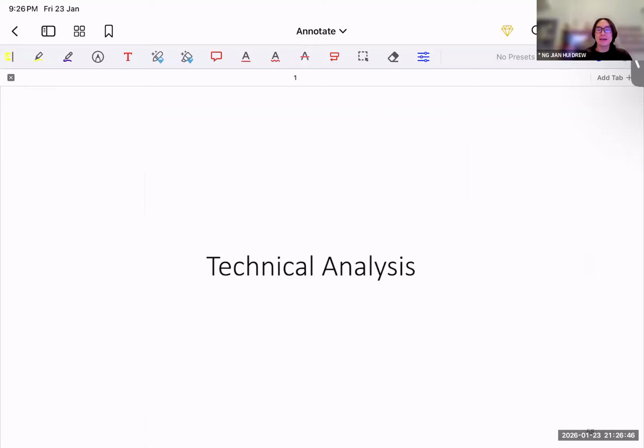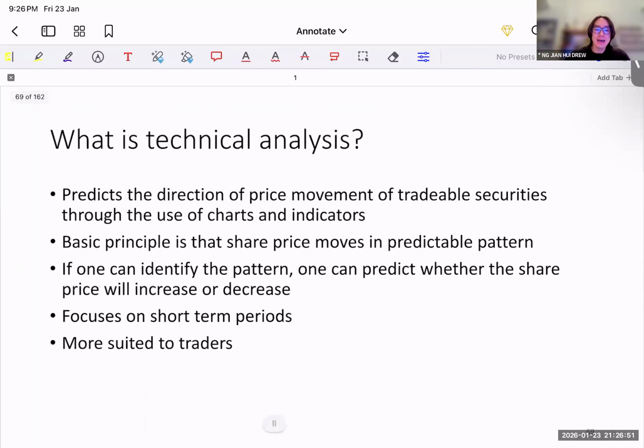This one I will not really be covering much because we have one entire lecture covering technical analysis. But basically, what I just want to say about this, right? So what is technical analysis? Basically, in layman's terms, technical analysis is looking at the charts, looking at the movement of the prices, and from there determining some pattern, determining some reversal or not reversal, or a continuation pattern that is going to happen in the future, and from there predicting the price movement of that particular stock.